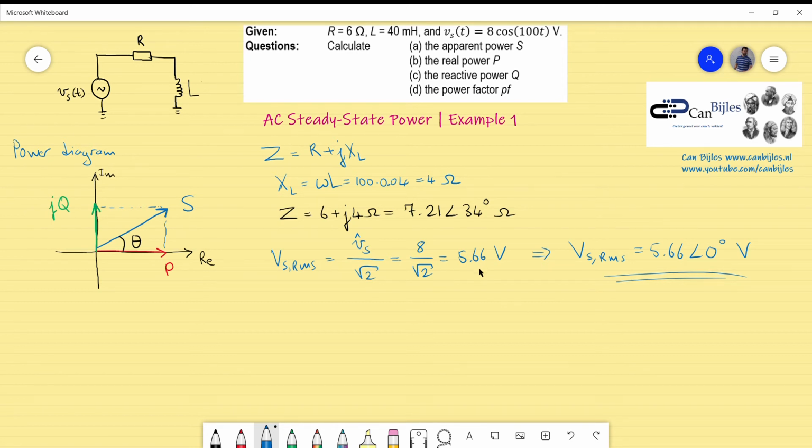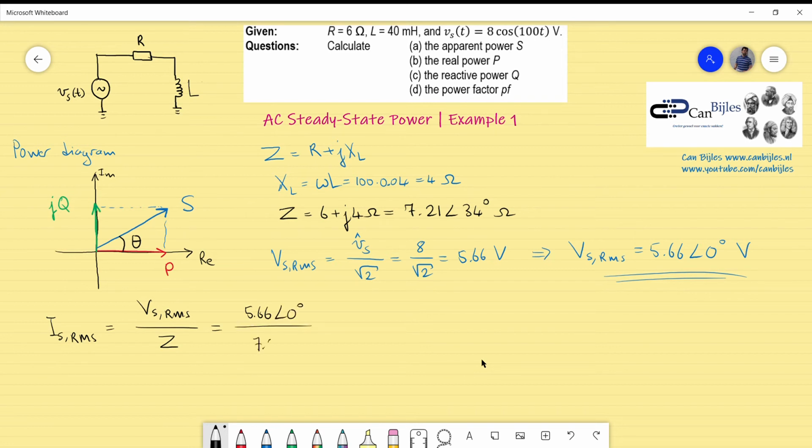Now, what are they? We can of course use this voltage value for the Vs, and also the supply current, which is Is, and from that I can come up to the total power, or the apparent power. So if I continue with the total current Is, in RMS, I will have the following, which is the supply voltage in RMS divided by Z, so 5.66 phase 0 degrees, and divided by,